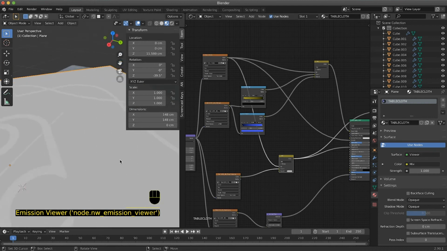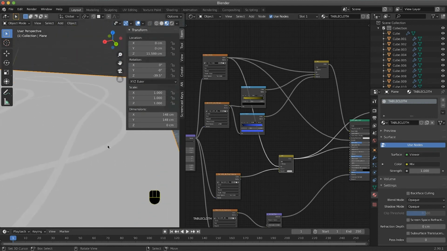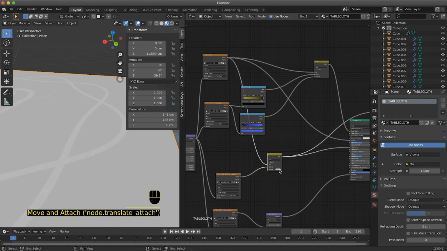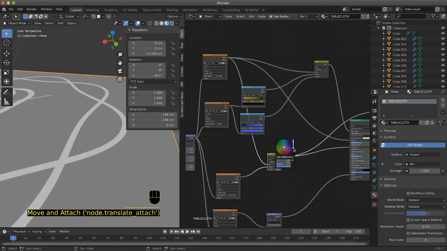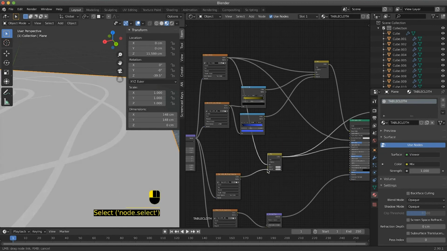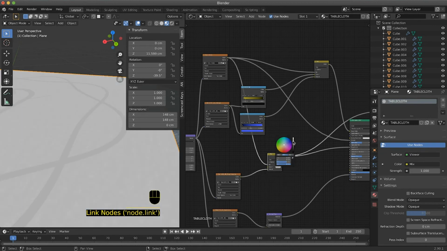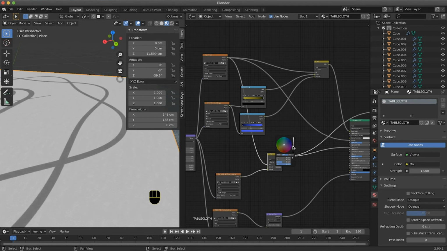At the moment, this is what we have. The whiter, the more rough. We want this to be a little bit darker and we want the socket to be inverted, so this one is going to be darker.